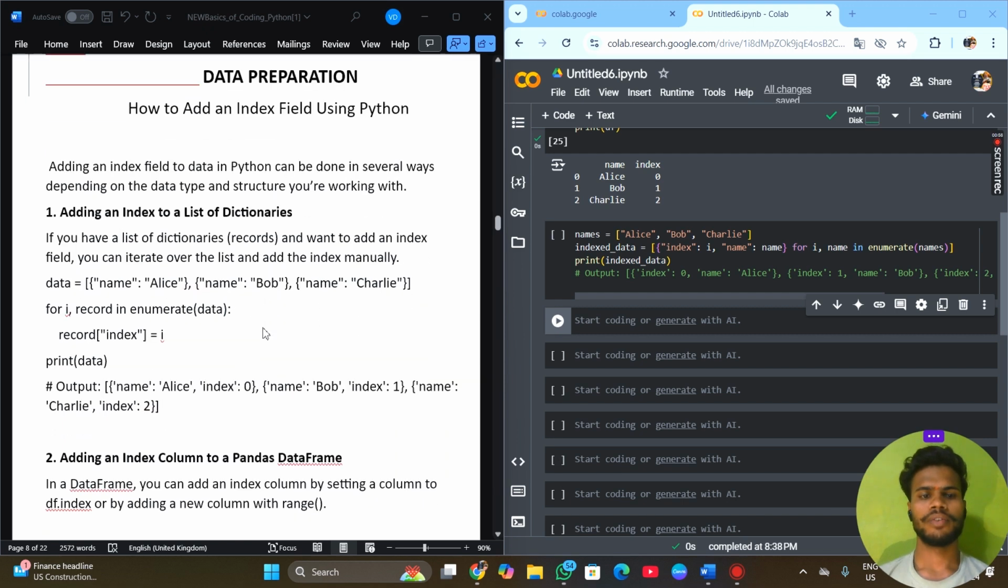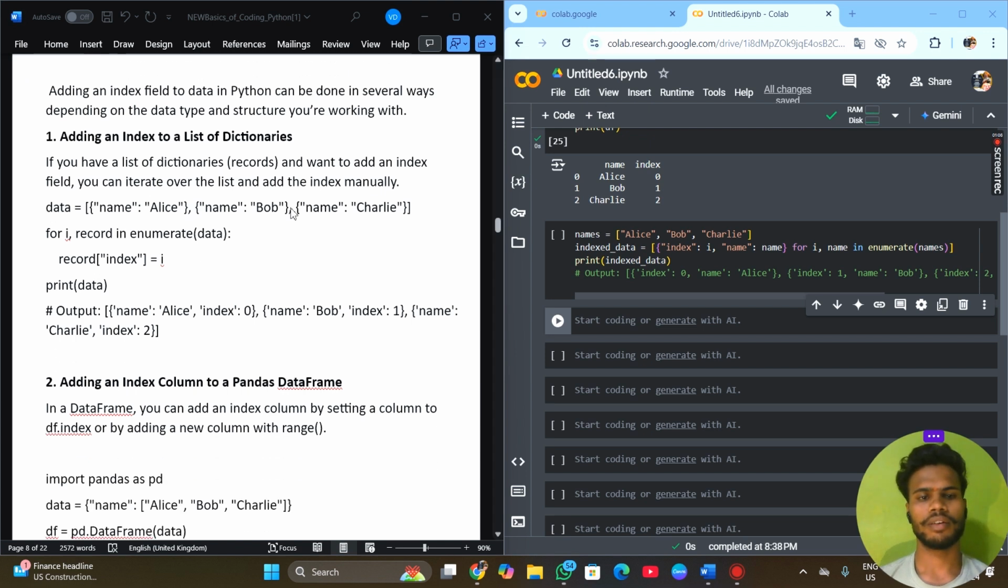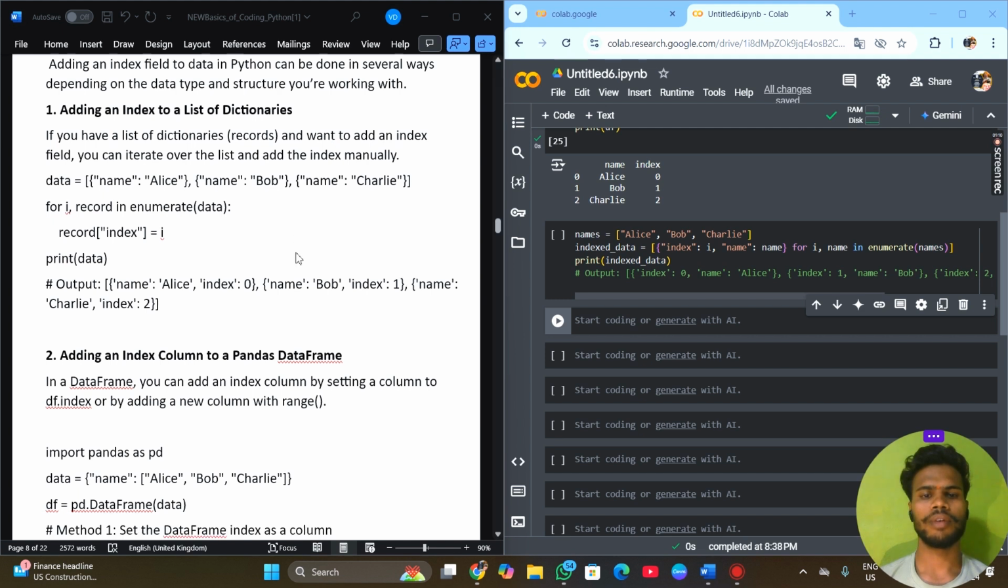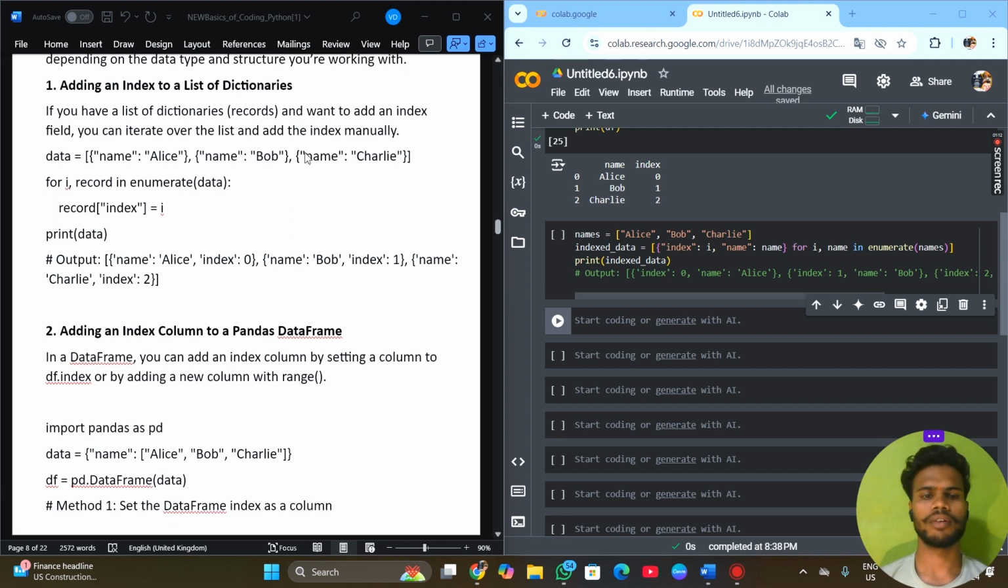Adding an index field to data in Python can be done in several ways depending on the data type and structures you are working with. First is adding an index to a list of dictionaries. If you have a list of dictionaries and want to add an index field, you can iterate over the list and add the index manually. For example, we take data